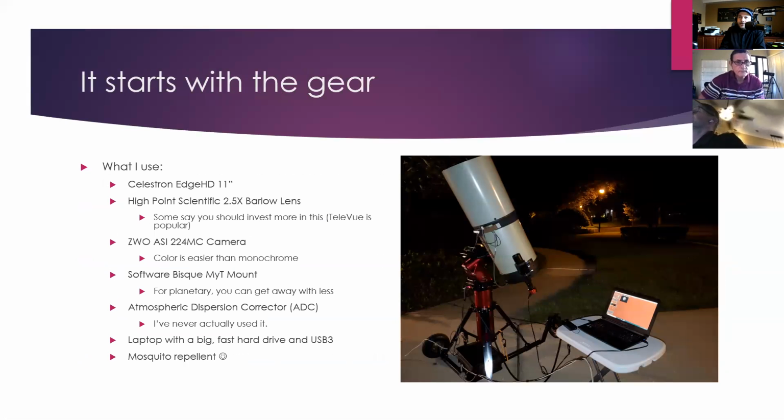Anyway, it all starts with the gear. I have learned the hard way that if you have anything less than a 9.25-inch aperture, you're going to have a very hard time getting photos that you're truly happy with. You can get good photos, don't get me wrong, and you'll still impress your friends and family, but if you're shooting for things that can go head to head with Damian Peach, or Christopher Go, and people like that, or the Astronomy Picture of the Day, you need something bigger. And 9.25 inches is kind of the sweet spot, the smallest you can go and